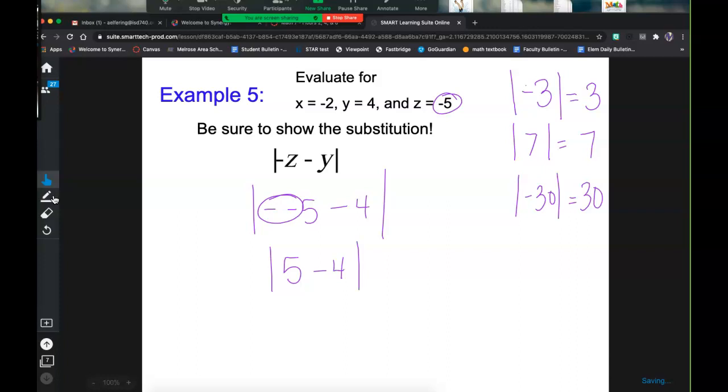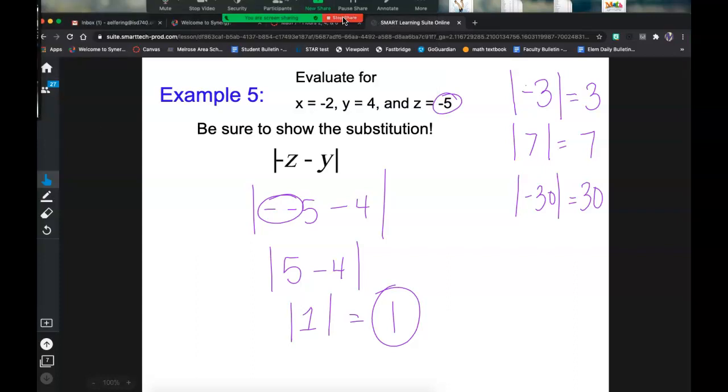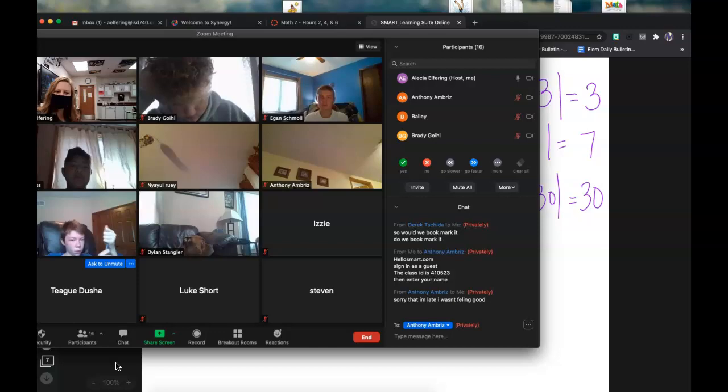What's 5 minus 4? 1, right? What's the absolute value of 1? Absolute value of 1 is 1. So there's our answer. Questions at all there? Okay, I'm going to stop sharing my screen for a second. We're going to take a quick